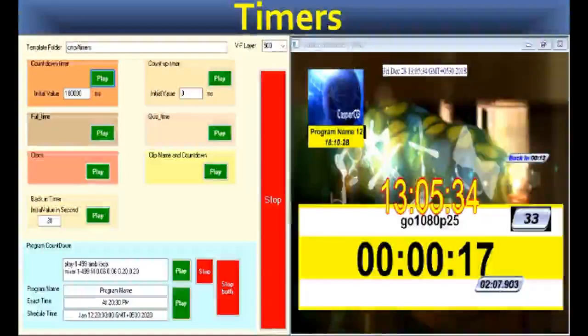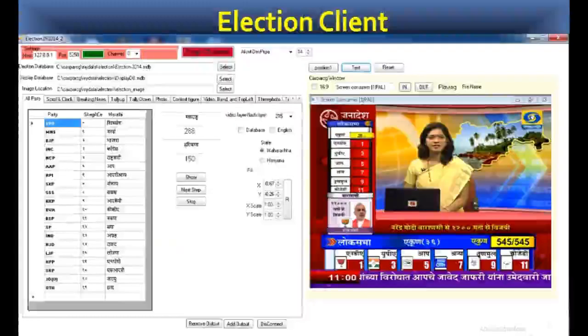So many timers we need on the screen, like full-time program timers, for example 8 o'clock, 3 hours left, a countdown timer for a particular program, and a timer which shows the clock, which we show every day before the news. A score quiz timer, and for the file playing online, how much is remaining, and an athletics clock is also there.